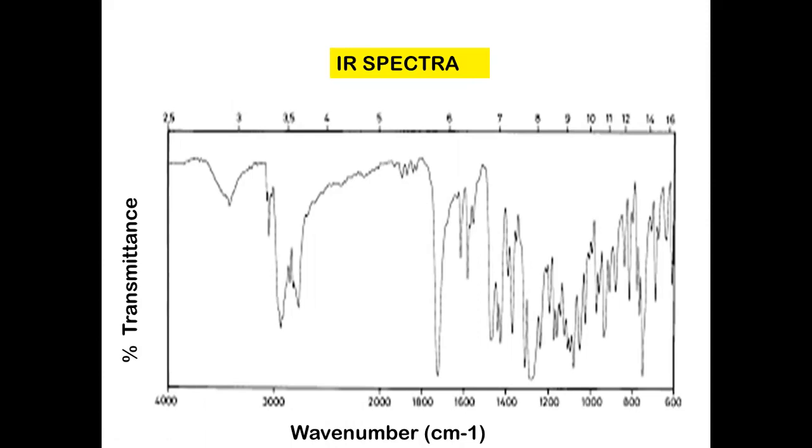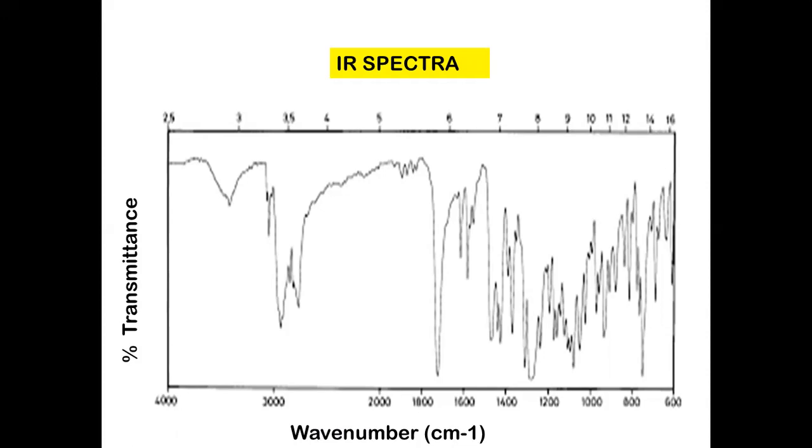Misleadingly, we use a number of times the term absorption frequency of IR band. Remember that this is not the frequency. This is wave number, which is expressed in per centimeter, but it is generally in common use said as frequency. So what you have is a plot of percent transmittance versus wave number. In UV, what you plot is absorbance versus wavelength. In IR, what is being plotted is percent transmittance, which is opposite to that of absorbance.